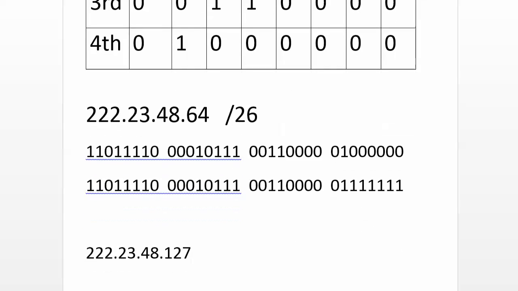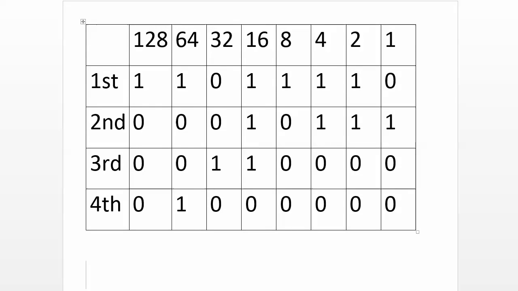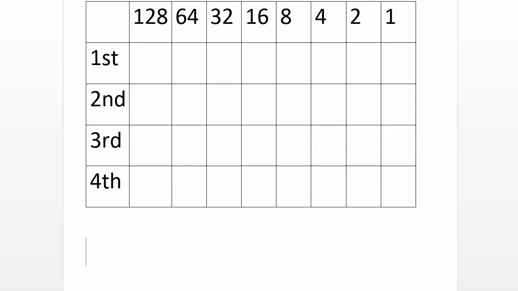Let's go ahead and erase here. I'll bring those fonts up when we can. We'll erase this. And our next example is going to be